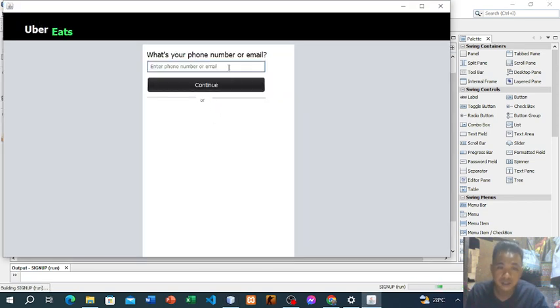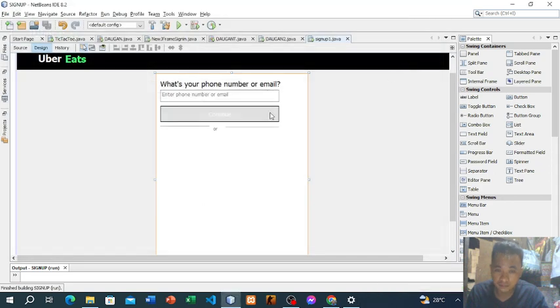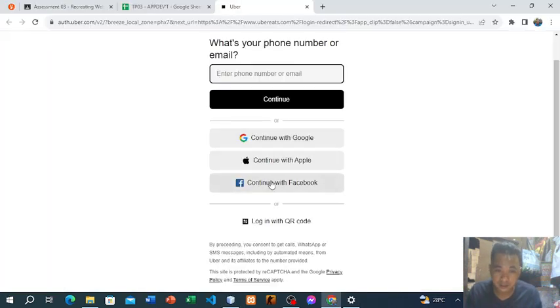Almost the same. Then next, these three are also GUI buttons. You can see that the cursor is pointing, what do you call this? It's a button.